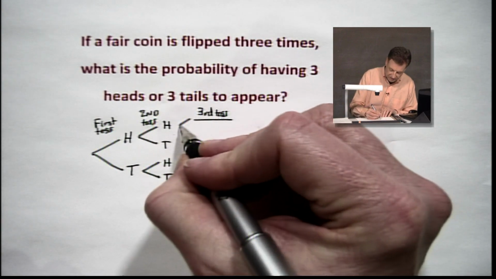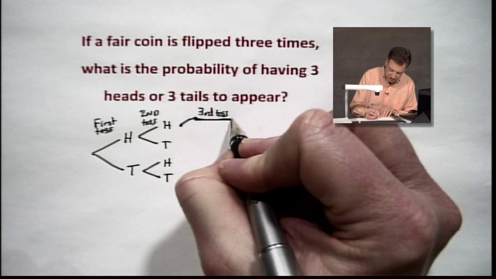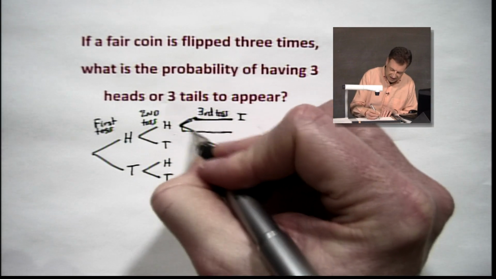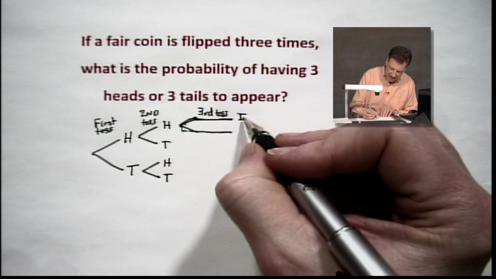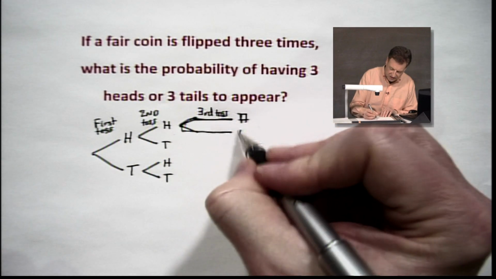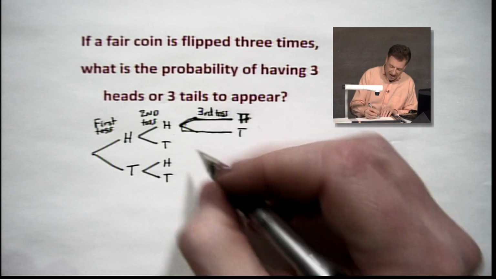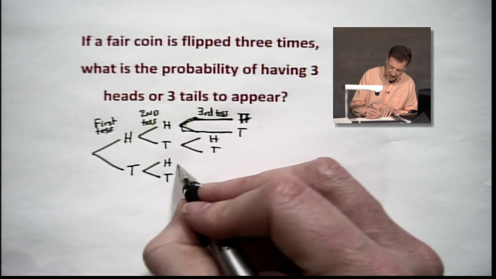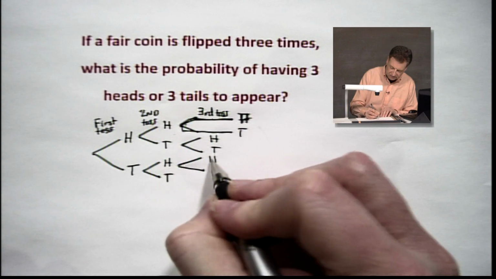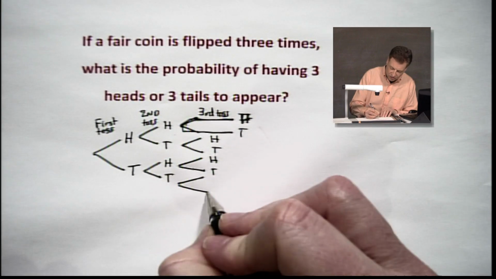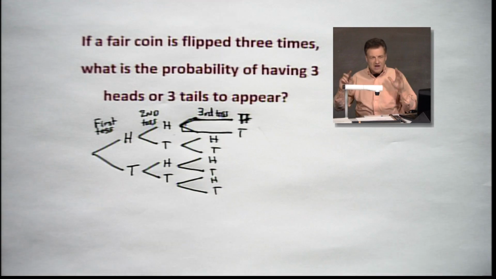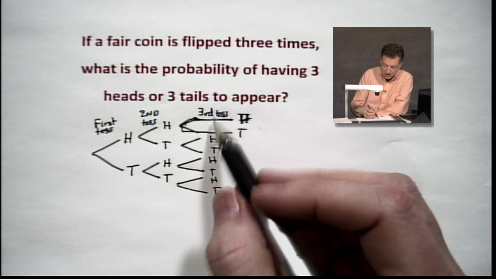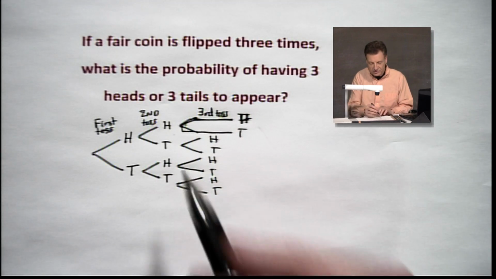Let's do a third. Let me just take that one out far here. This is going to be our third toss, and we're going to have heads or tails. We're going to do the same thing here. We'll pull it out, H or T. Give it a little bit of room. Another heads or tails going here. And last but not least, one more going here, heads or tails. Now, notice something here. You say, well, Ernie, what are all those things about? You didn't toss it 4 times? No. But these are the possibilities.